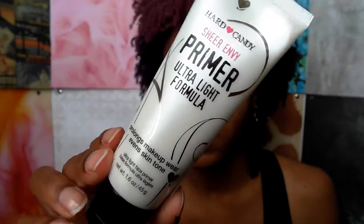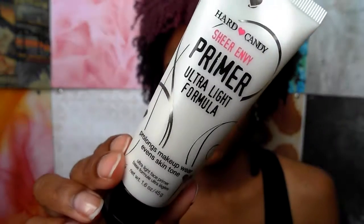But with that being said, I did want to show you guys how I like to apply all these products, so let's get started with that. So first things first, I do prime my face. I use the Hard Candy Primer Sheer Envy Ultra Light formula, and I just apply that all over my clean moisturized face. Make sure everything's nice and filled in and smooth. And then I go in with the Maybelline